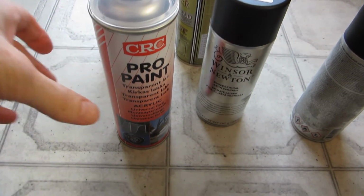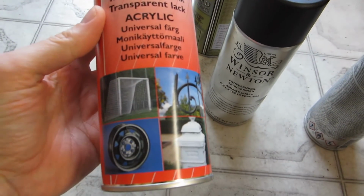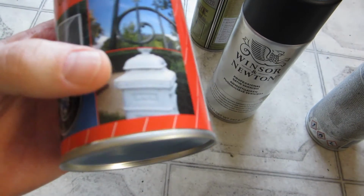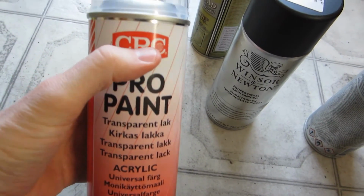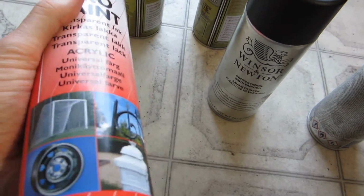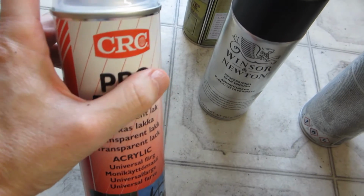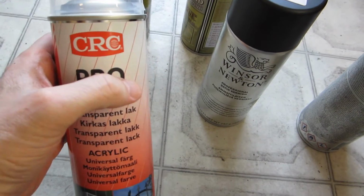The first one might be difficult for you to get a hold of if you're not living in Scandinavia somewhere. This is just ordinary household varnish that I got at the hardware store. As you can see, it's for painting soccer goals, tire rims, fences, furniture, you know. It's supposed to be used around the house and on just about anything. Which means this stuff is really tough. It's also cheap. It's much less expensive than the miniature brands of varnish. But you probably can't find this specific brand unless you live in Sweden or a country near there,